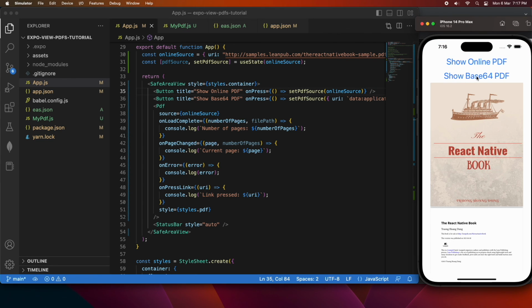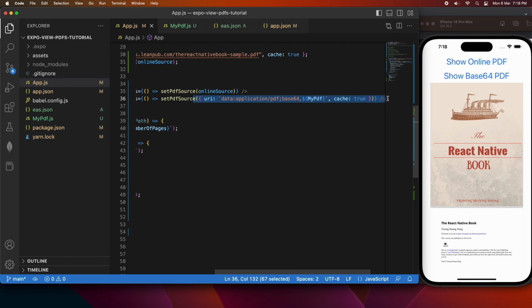Cool, so if I click Show Base64 PDF, okay, so it didn't update. And looking at the code, I can kind of see why. So you can see that pdfSource is not used anywhere, and it should actually be set as the source of the